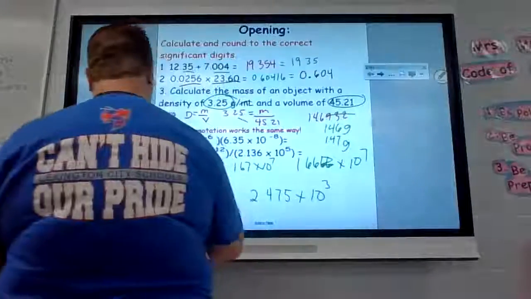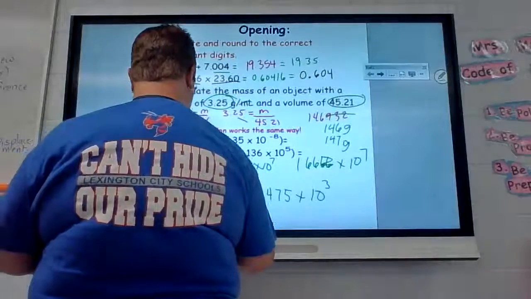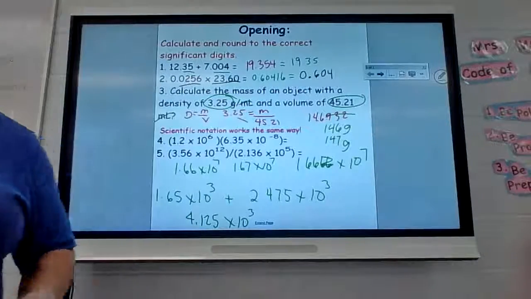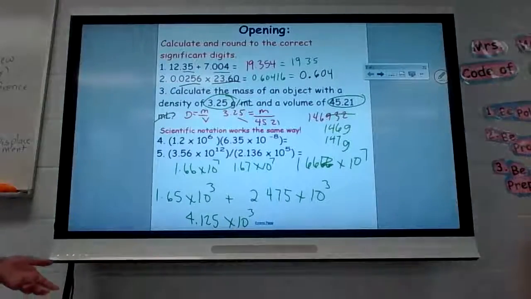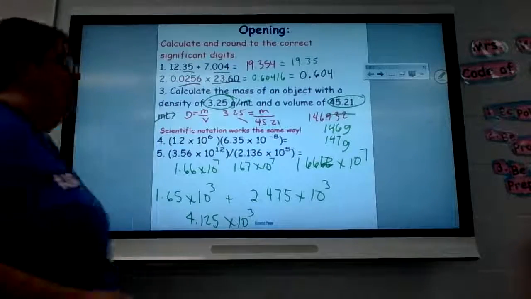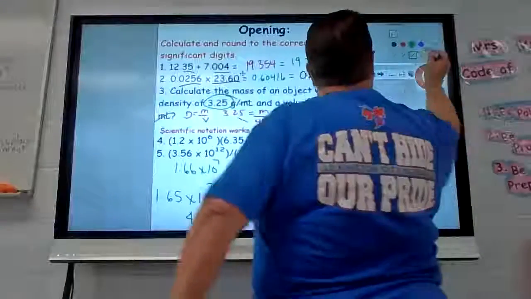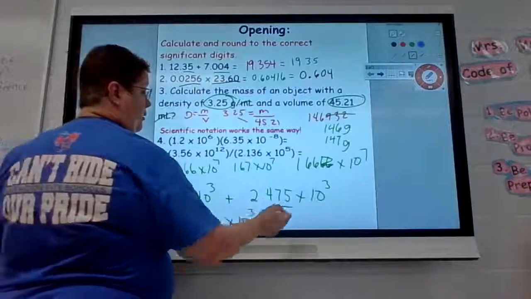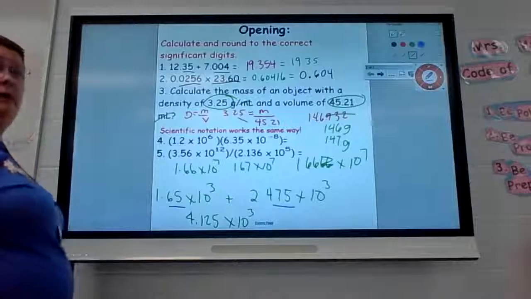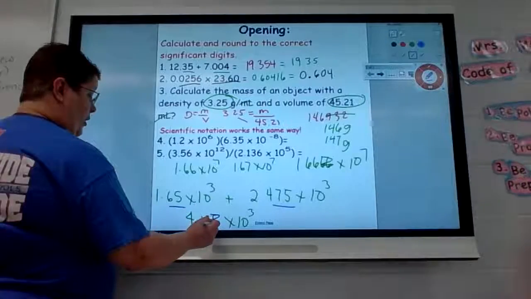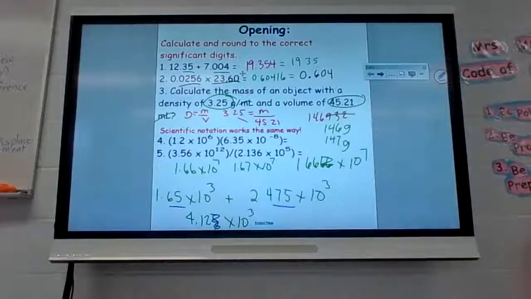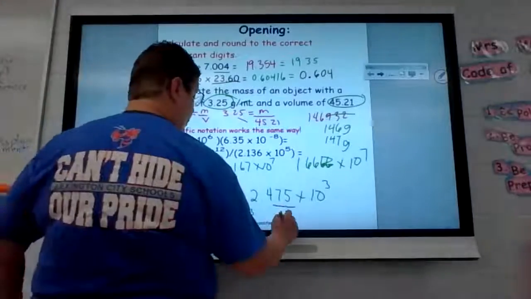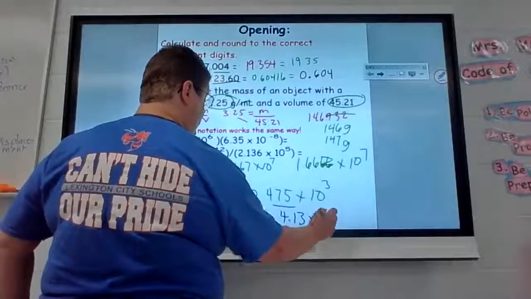I get 4.125 times 10 to the 3rd. Now, what's the rule for addition? The places behind the decimal. So how many places behind the decimal do I have here? 2. And how many here? 3. So my answer only will how many? 2. So I'm going to get rid of the 5 and make it 4.12 times 10 to the 3rd. Okay, if you want to round up because it was a 5, you can make it 4.13 times 10 to the 3rd, and that would